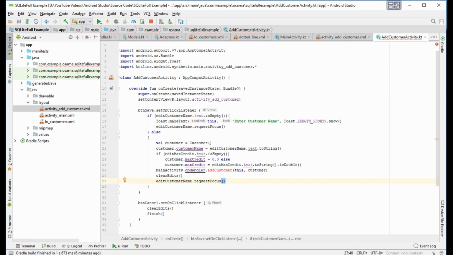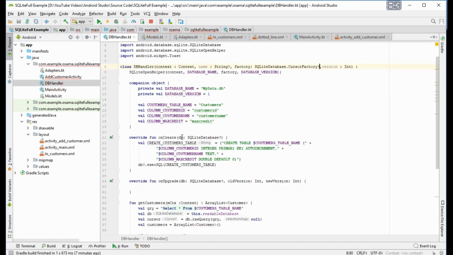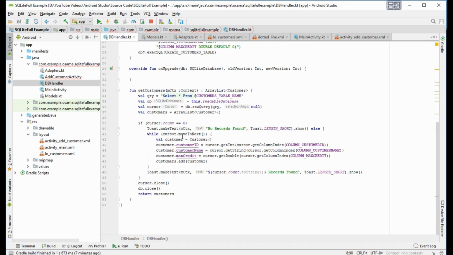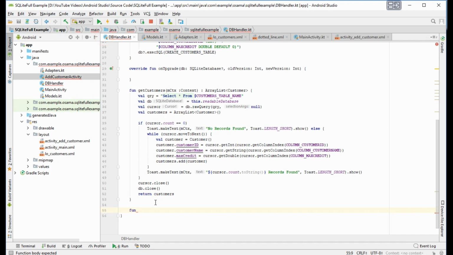Okay. Now we want to create the addCustomer function in the DB handler. We will go to the DB handler now. This is the DB handler. And we will create here a new function. What is its name? addCustomer.